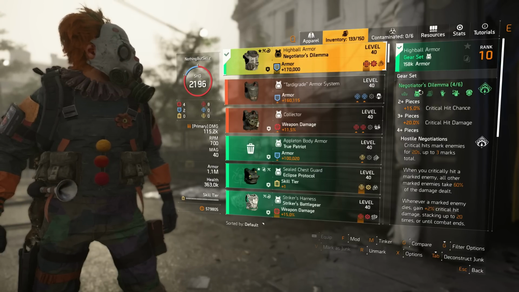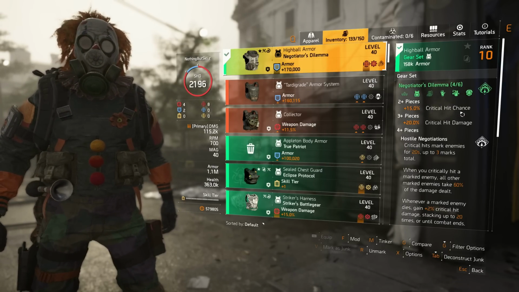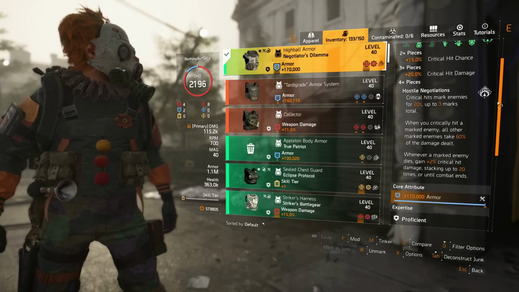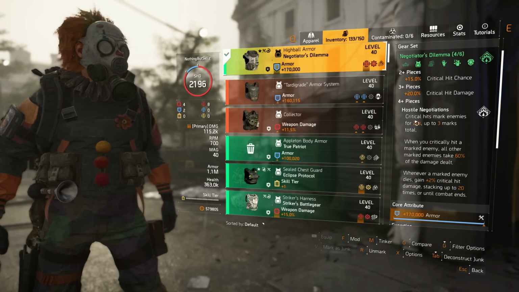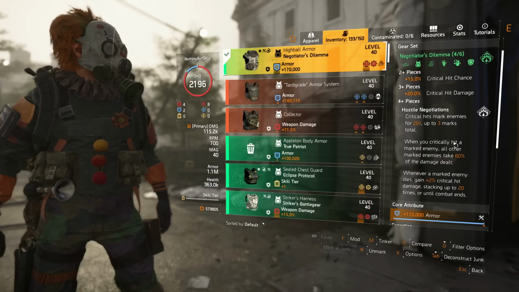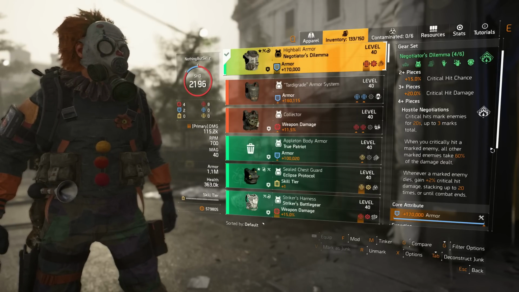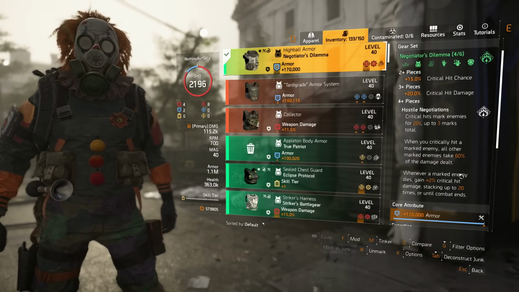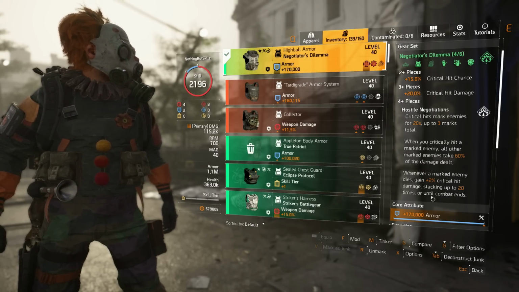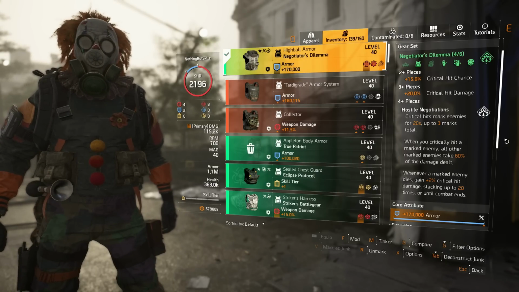Now, we are running Negotiators, and we are going to be running a 4-piece. So we have the 2-piece with a 15% crit chance. The 3-piece is going to give us 20% crit damage. We have Hostile Negotiations: critical hits mark an enemy for 20 seconds, up to 3 marks. When you critically hit a marked enemy, all other marked enemies take 60% of the damage dealt. Now, whenever a marked enemy dies, it gains 2% critical hit damage, stacking up 20 times. So that's an additional 40% critical hit damage you can have on your builds once you have a full stack,